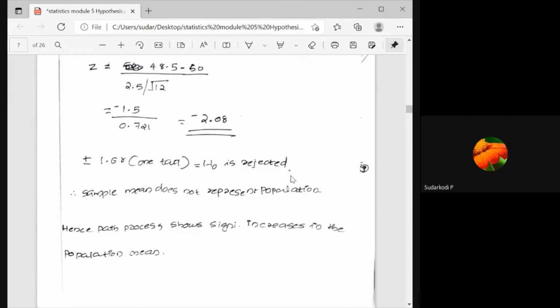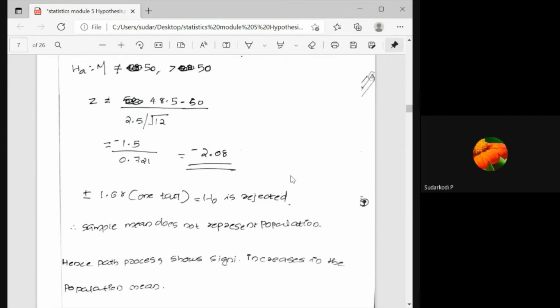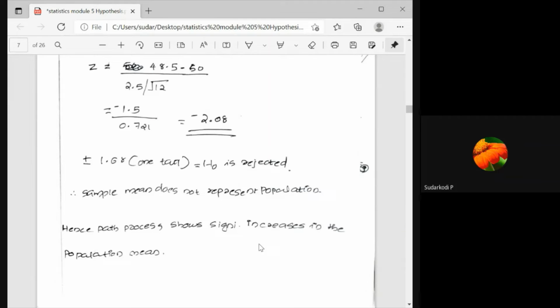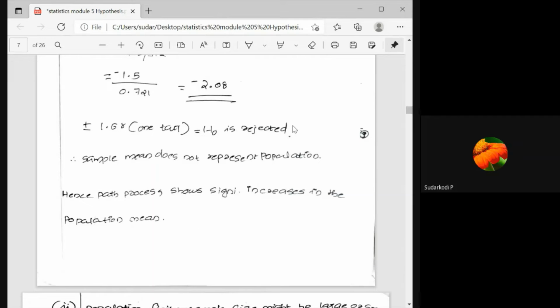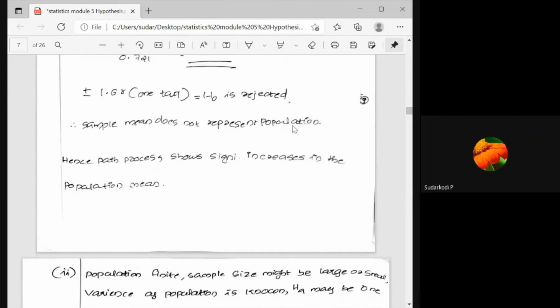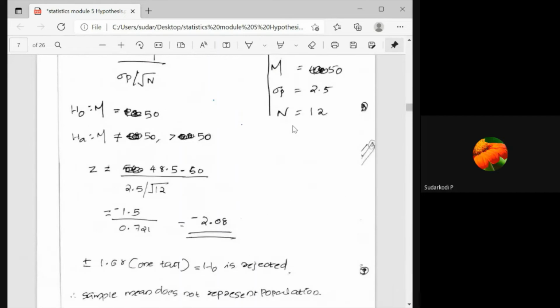You can go for a better, higher-end process, since your sample gives you a better result than the population. So the sample is on the higher side when compared with the population. It is not equal to the population since your H naught is rejected. So the sample does not represent it because it shows a higher result, as you noted in your alternate hypothesis. These are the methods where you can do your Z-test when you have a single population and a single way of selecting a sample.